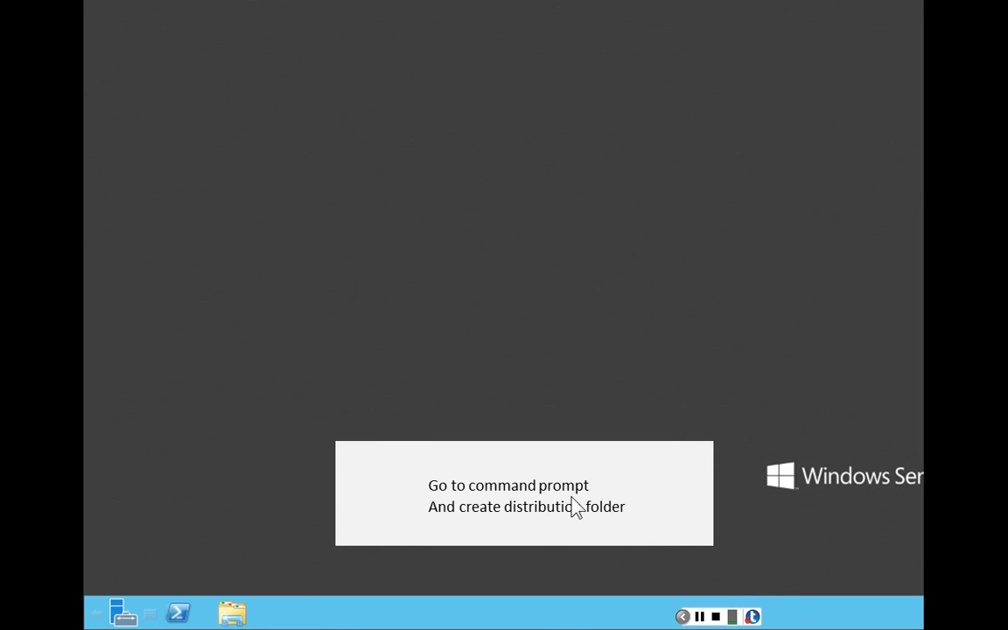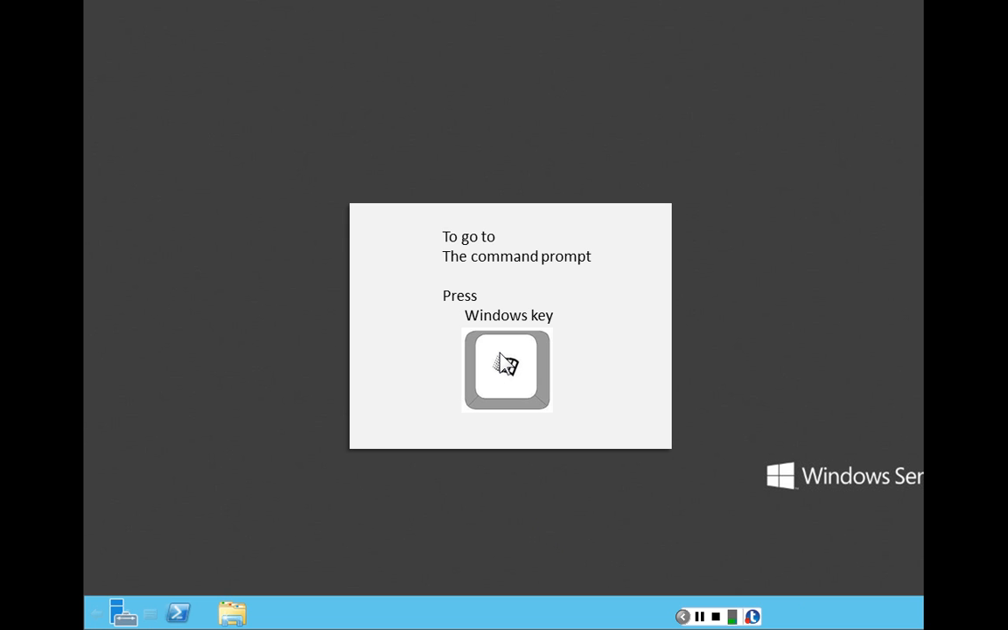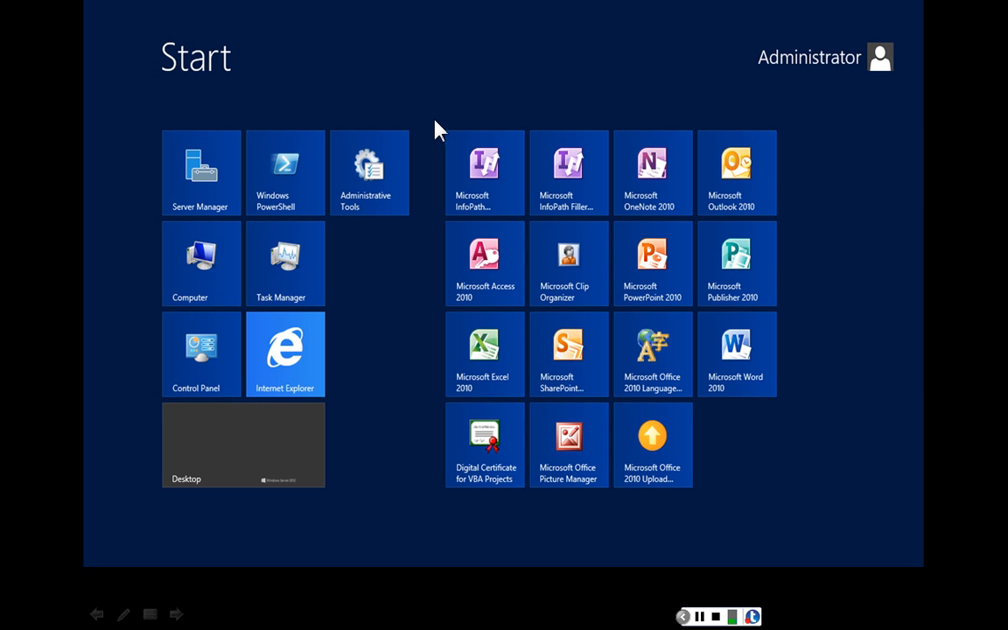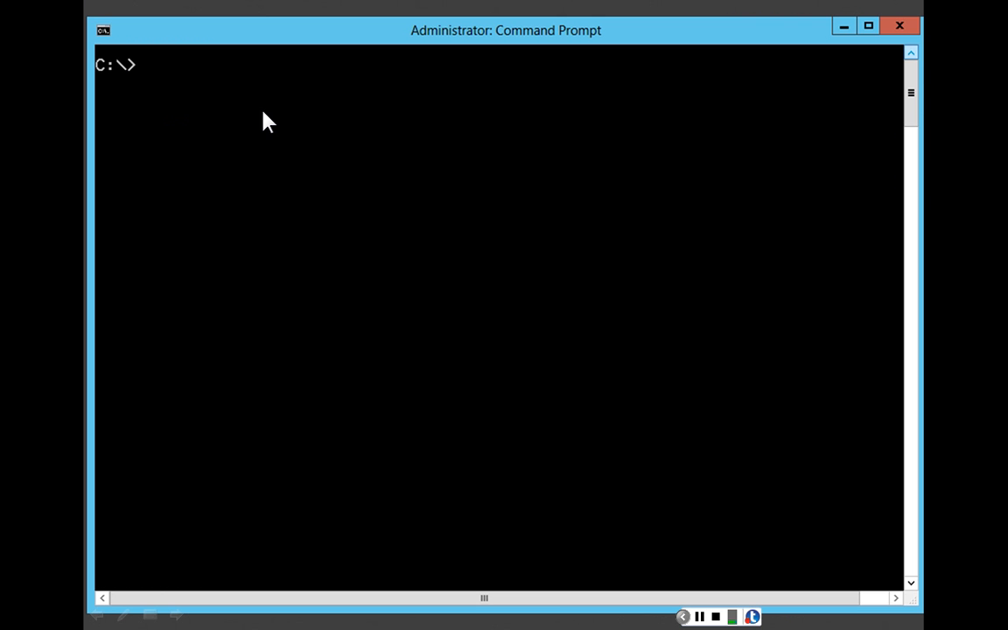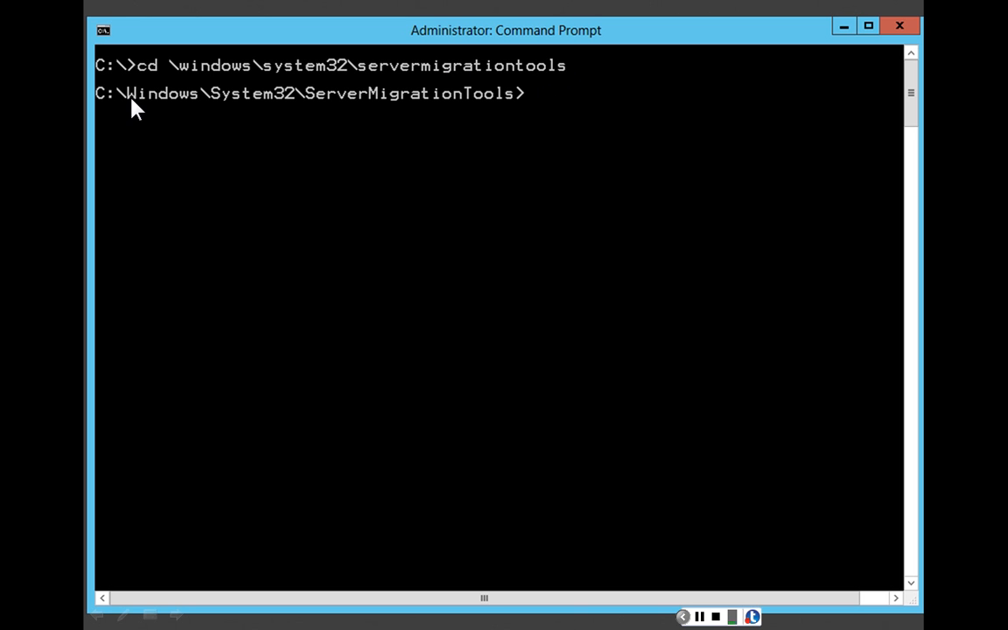Now the next thing to do is to go to the command prompt and create a distribution folder which will be distributed to the other server. To get to the command prompt, we press the Windows key and we type CMD, and that takes us to the command prompt. So what I will do is I will CD to the /Windows/System32/Server Migration Tools folder, which was created when we installed it. And now that I'm in that folder, I will use the Server Migration Deploy command to copy all of those tools to the